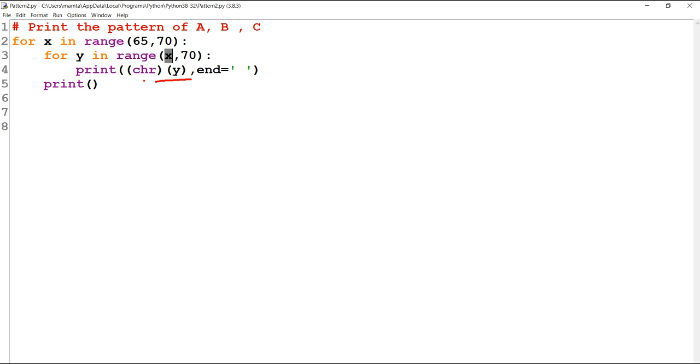So this is how it works. You can see the framing of the pattern question is the same as I have discussed with you. Even if I'm printing numeric values or ASCII values, you can see the nested loop is there and a fixed pattern is there: the X loop, then the Y loop, that means the row loop, the column loop, and then printing a blank line.